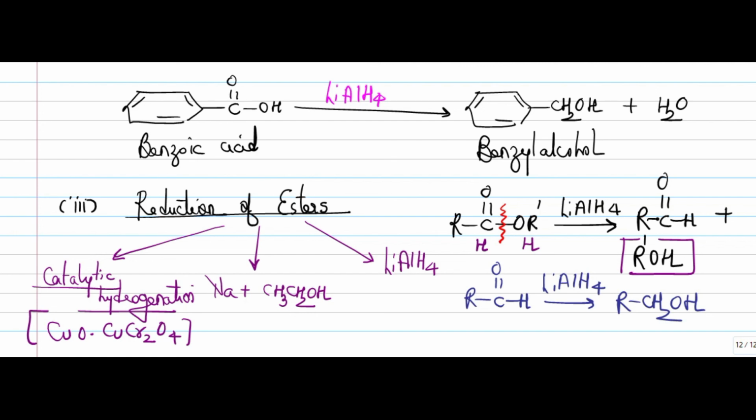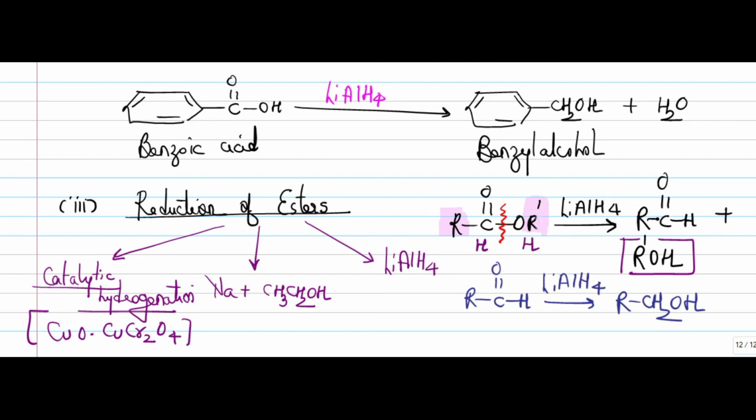The summary of this entire thing is that the bond breaks here. This part becomes one of the alcohols, this part becomes another alcohol. So two different molecules of alcohol would be separated in case these two alkyl groups are different. If you have the same alkyl groups, then